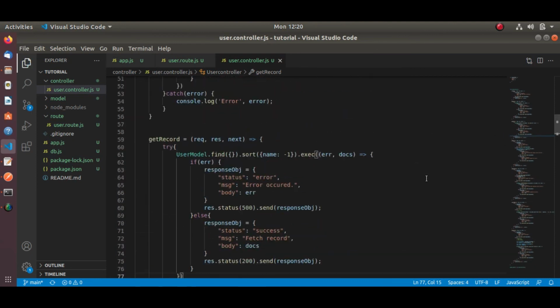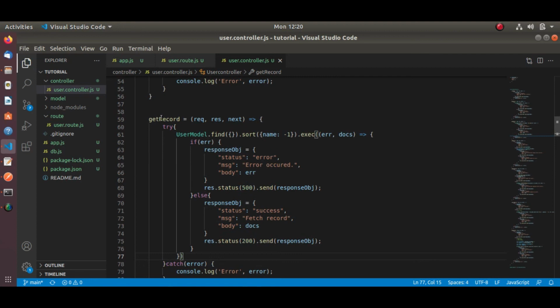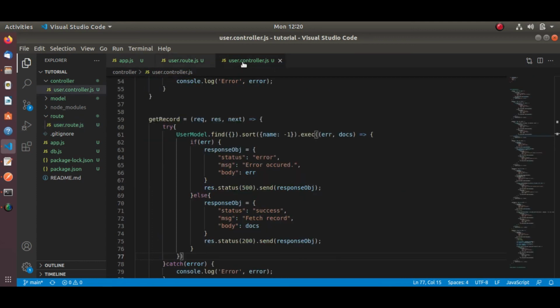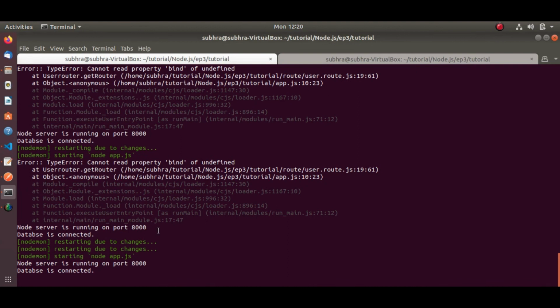Let's copy this and paste it over here, and remove this old method. So let's change this method name to sort record.